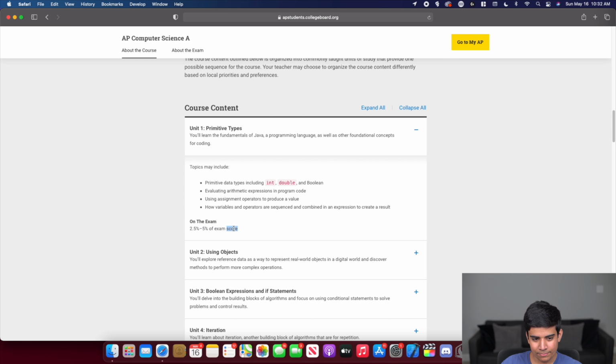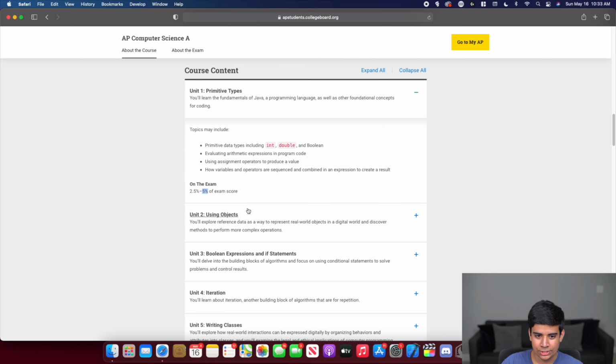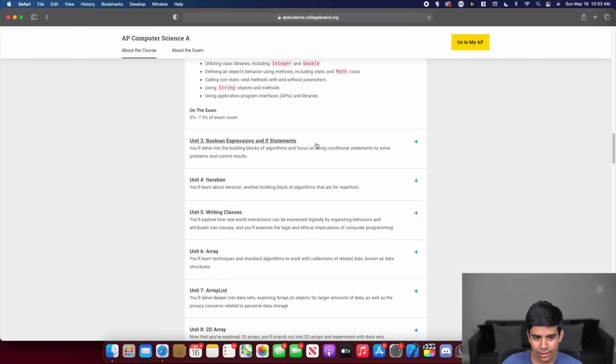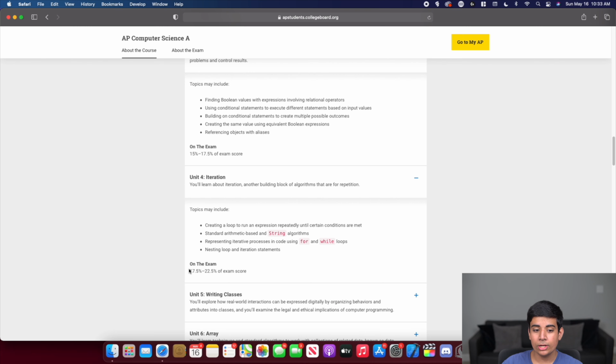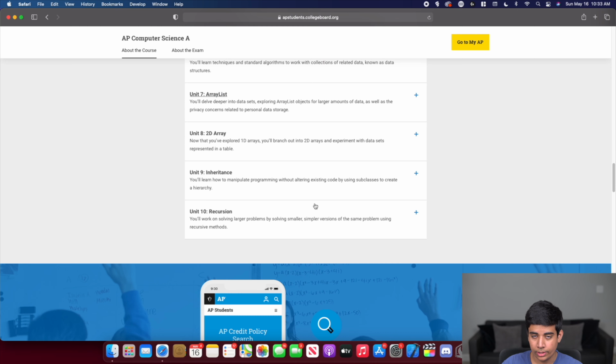And this is something which is quite interesting. So if you look at 2.5% to 5%, well, if you know that the multiple choice section is 40 questions, and you do a little bit of math there, you may actually know exactly how many questions even on the multiple choice section are going to be for every unit, pretty much. So you can look at this and you can see when you drop down these items, you'll see that Unit 3, Unit 4, these are much more heavily tested than something like Unit 1 or Unit 2,